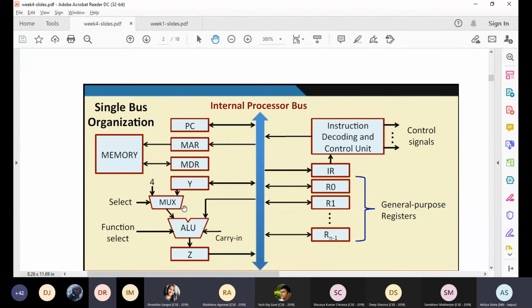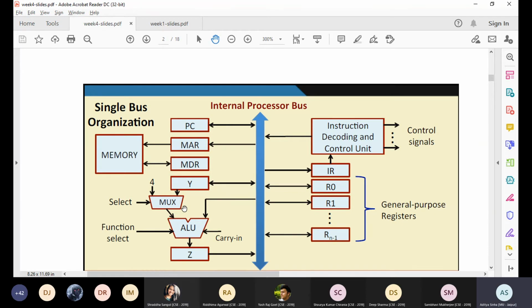Yes, sir. Suppose, for example, the program counter was pointing towards 1000. For the next instruction, the step is 4, so it will be 1004. Is it getting updated inside PC? Yes, sir, that is program counter. Please do not mix it with other PC. So the value of PC will now be 1004 for the next instruction.